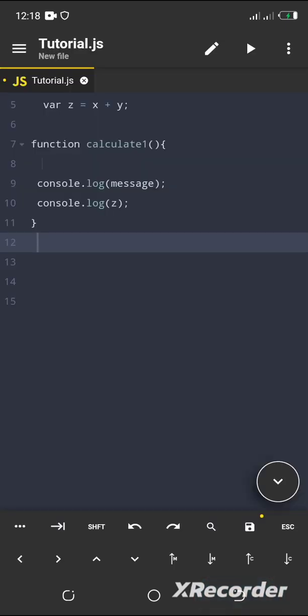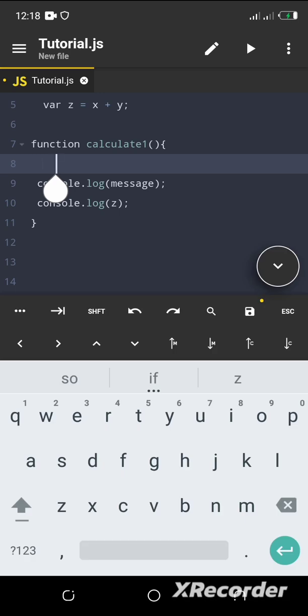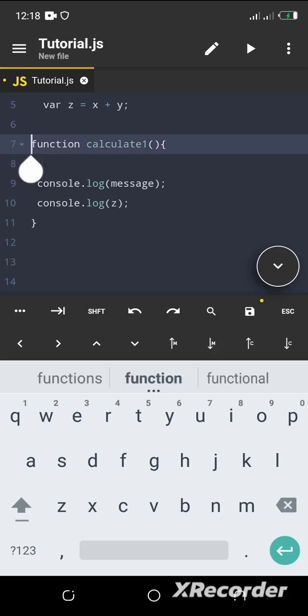So now the script has been run just once, and our function did not get executed along with it because we didn't call it. So what I want to do is make it so that when the user clicks the screen, it's going to be called. So to do that,